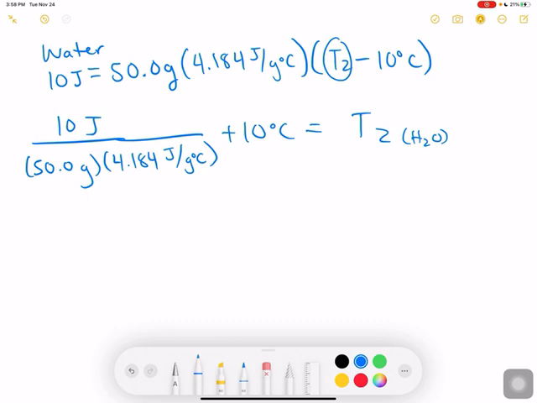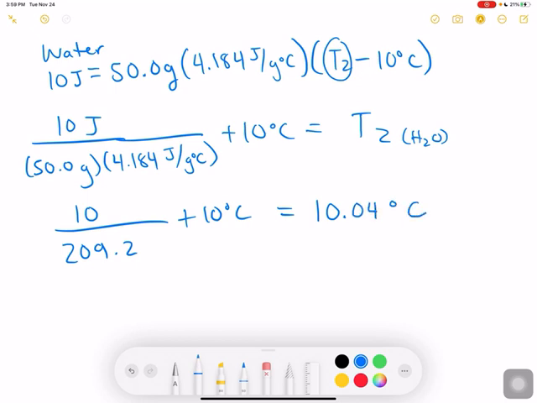So 50 times 4.184, so it's going to be 209.2. 10 joules divided by 209.2. I'm not going to include the joules anymore. And plus 10 degrees Celsius, that's going to be my final temperature. So 10 divided by 209.2 plus 10. The final temperature in here is going to be 10.04